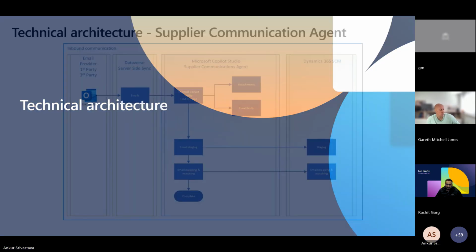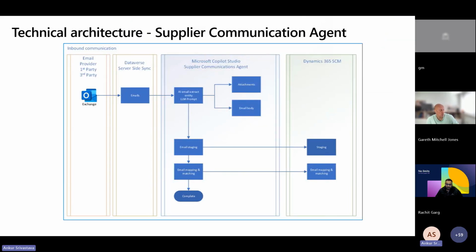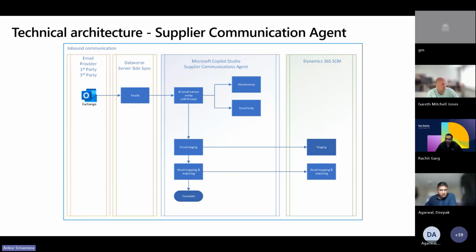Let's talk about the inbound agent, exactly how things are going to happen. You can see in this inbound communication there are 4 categories we have defined. The first category is the email provider, the second is Dataverse server-side sync, the third is Microsoft Copilot Studio and the supplier communication agent, and the fourth is Dynamics 365 SCM.